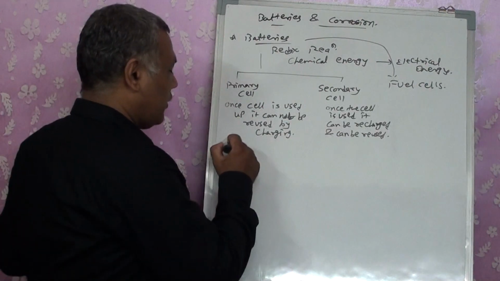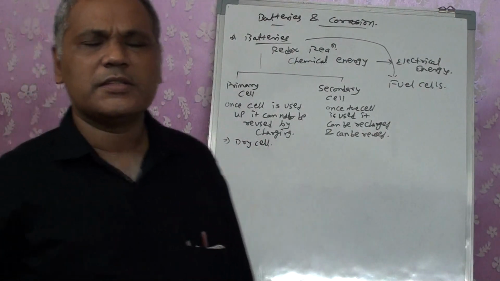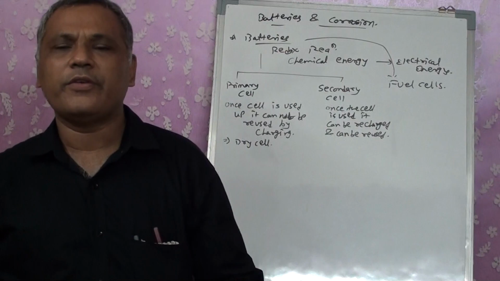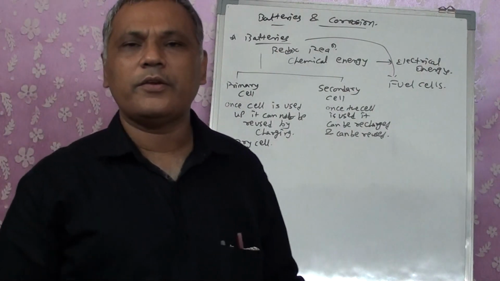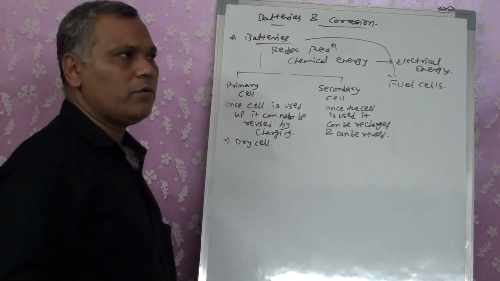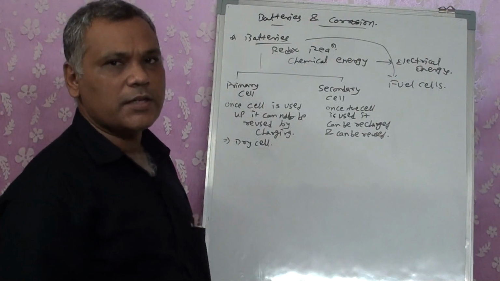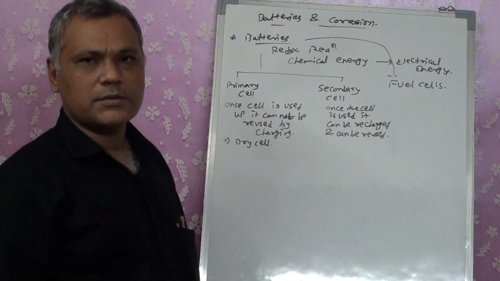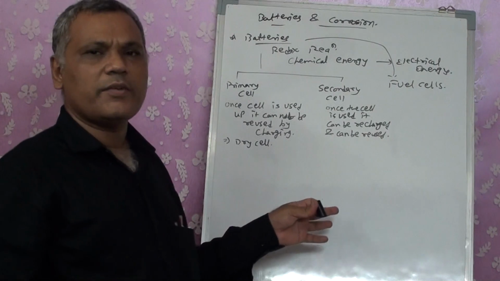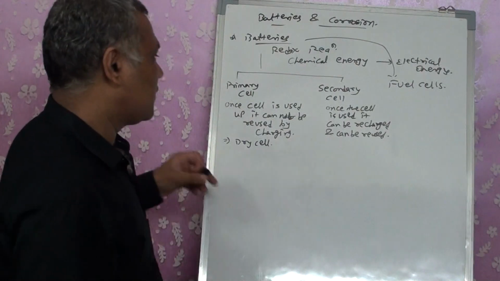Particularly for this, we give an example of a dry cell. That is the cell that we are using in our day-to-day life in remote controls, in wall clocks, or in toys. Specifically, you know them by a particular word, that is pencil cell, right? They are the dry cells. For simplicity, the companies are giving different names like pencil cells, but they are actually termed dry cells, right?